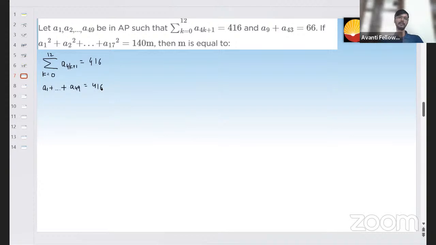Is it right? It has already been given that it's an AP. So the number of terms, for k equals to 0 to 12, is 13. So n by 2 into first term plus last term, the sum of n terms of AP formula, is equals to 416. I can cancel out 13. These are 39, 13 to the 26. So I'll get A1, A1 is A plus